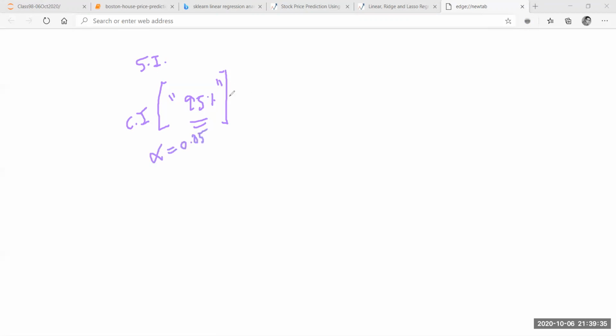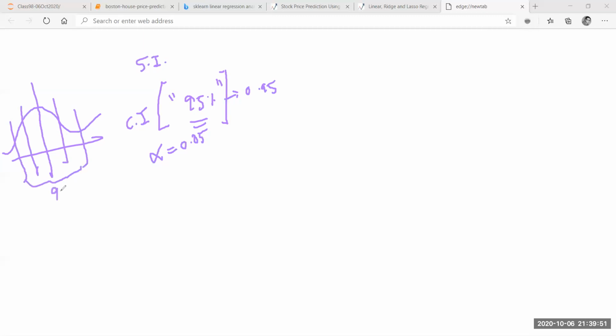So my confidence interval is 0.95 because I've assumed I have the capability to apply the central limit theorem. And in the central limit theorem, I know that mean plus minus 2 standard deviations captures 95% of my data. That's why, unless otherwise specified, I will take my confidence interval as 95%, right?